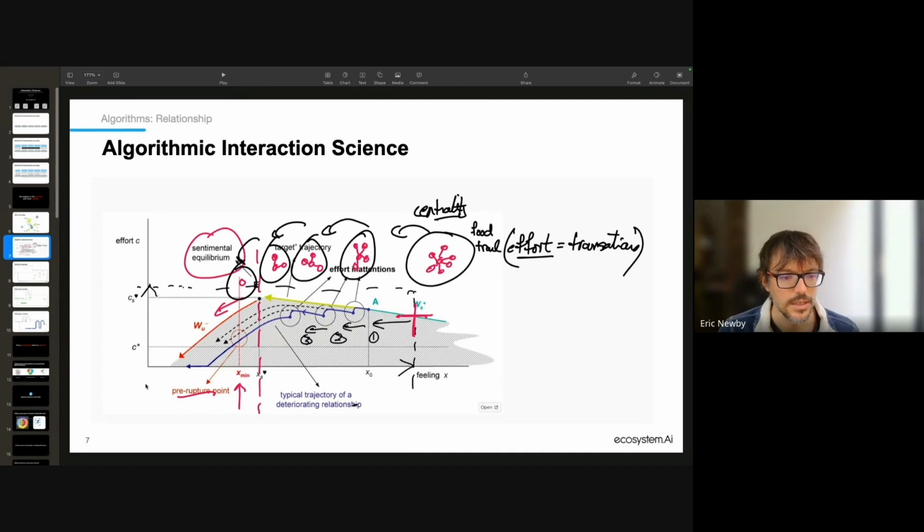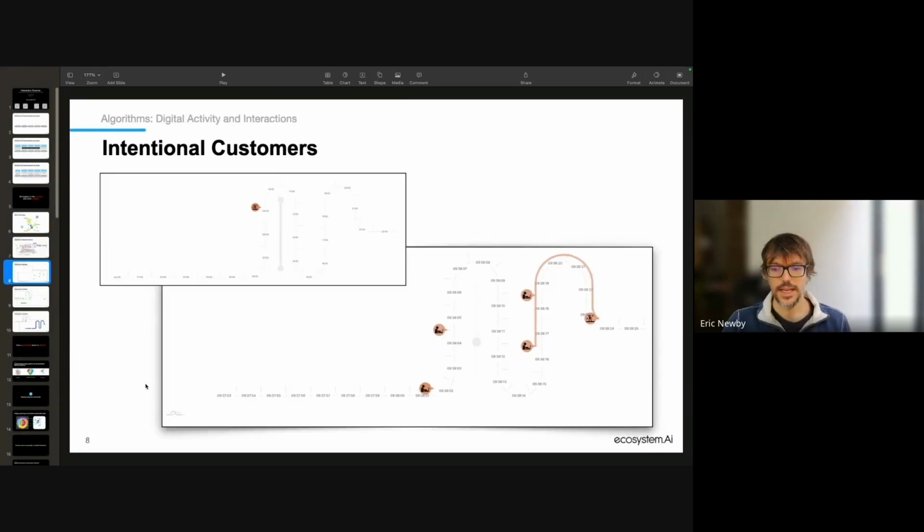So the next construct, just to give another third example, is the interaction personality. For that, we look at how you engage with a company's digital platform. So take an app, for example. Are you